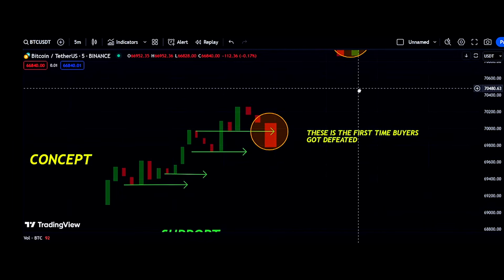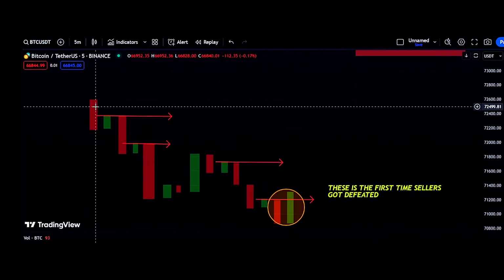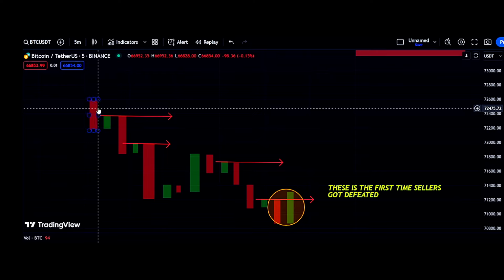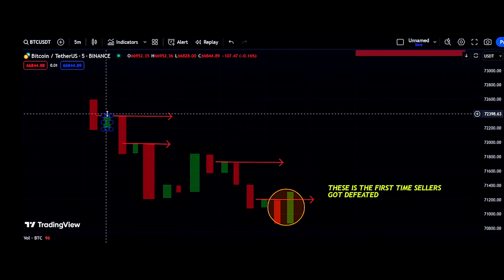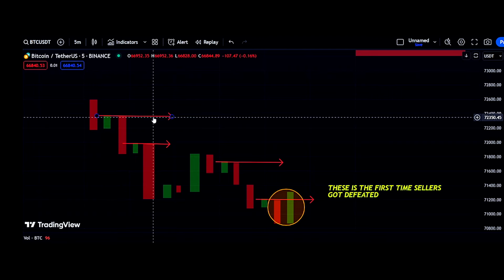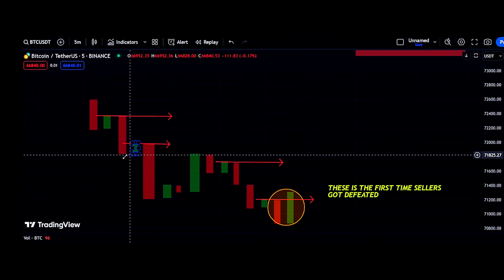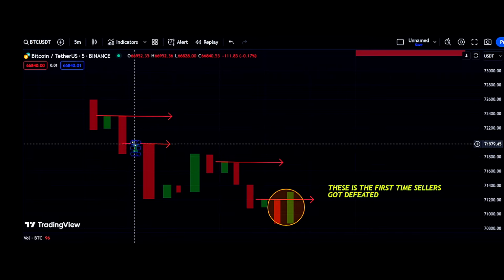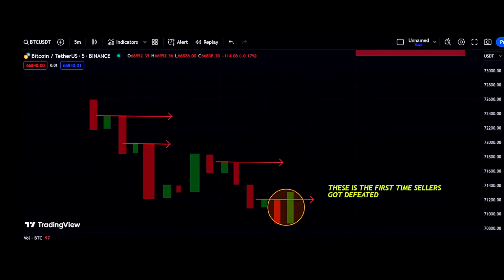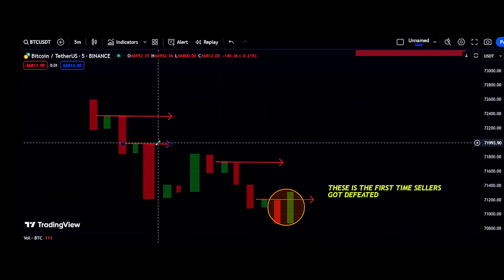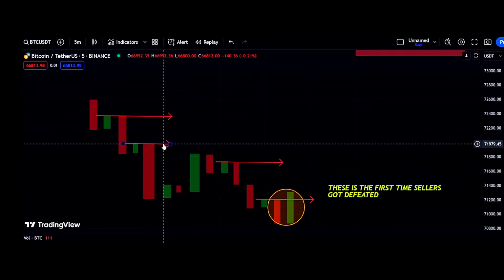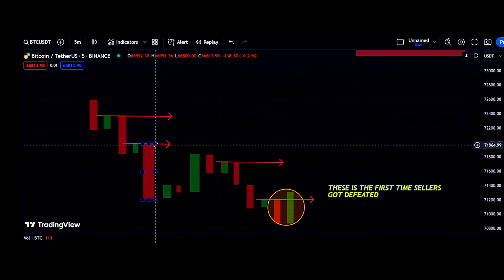We will look at one more example, of buying. So here, let's look at the first candle. It was a red candle. Sellers came into the market, buyers tried to push the market, sellers took the control. So we got our first resistance. Then buyers came, or you can see there was a little profit booking here, and then again a big red candle. So the low of this candle was broken, and the closing was made. So this will be our second resistance, or we can say our resistance moved to this point.